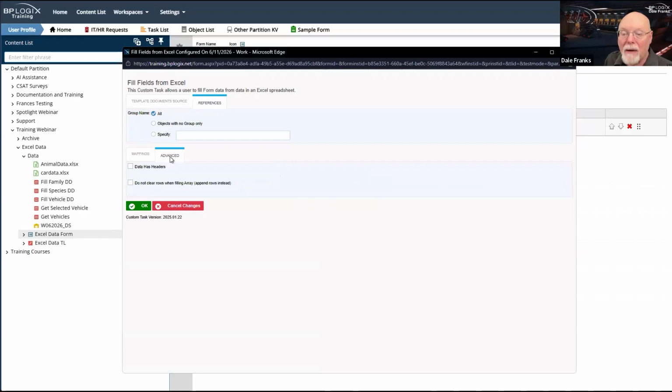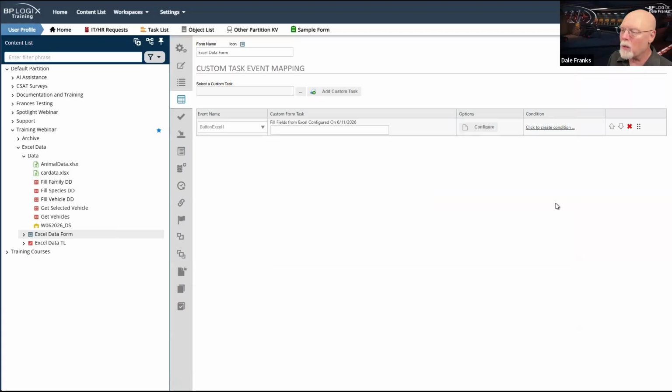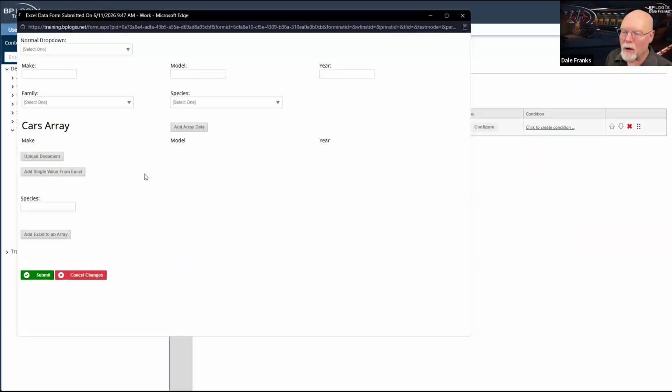My data does have headers. That doesn't really matter now because we are not pulling it in as an array. This will be important in a minute. For right now, I don't think we care much one way or another, and we don't have to worry about clearing rows when filling an array because we're not at the array part yet. So now let's update and run our form.